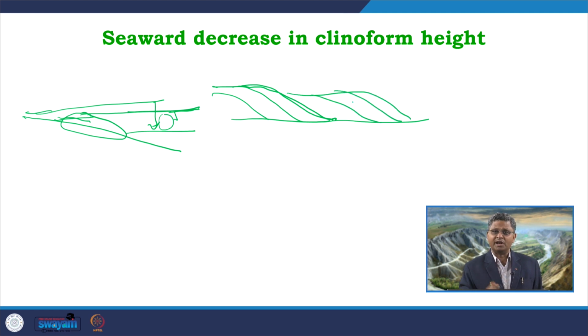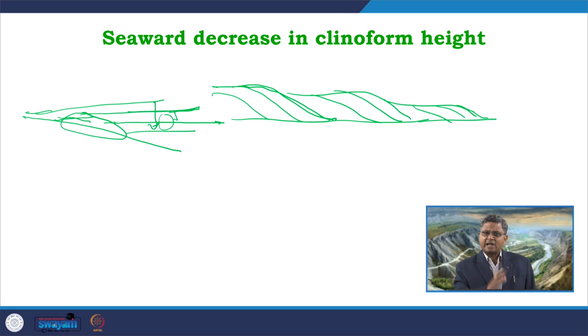So, it will be thinning out. The next one, when the base level is reaching over here, we can find out the next delta lobe is forming like this. Again, it is prograding delta lobes, but it is thinning out. So, successive delta lobes will be prograding forward under this phase of base level fall in subsequent phases during forced regression, we expect this kind of subsequent thinning of the delta lobe towards the basinward direction, which will be